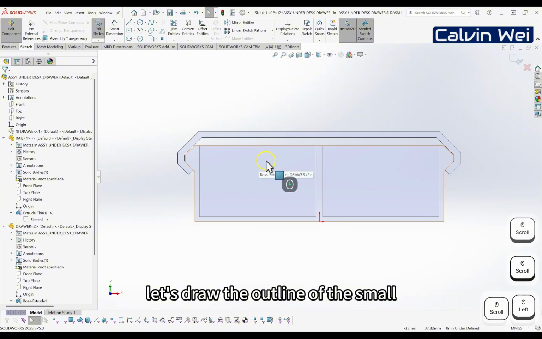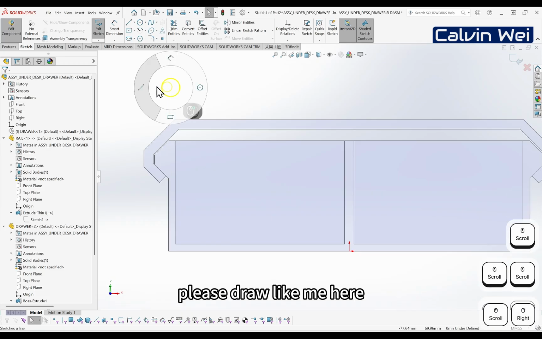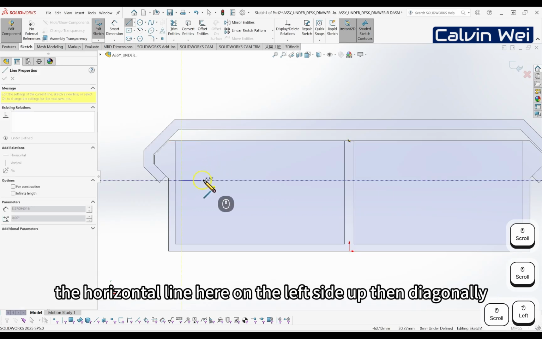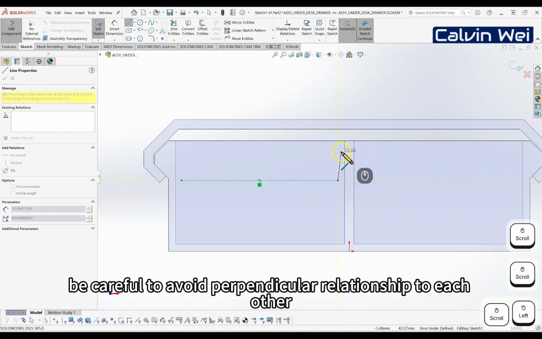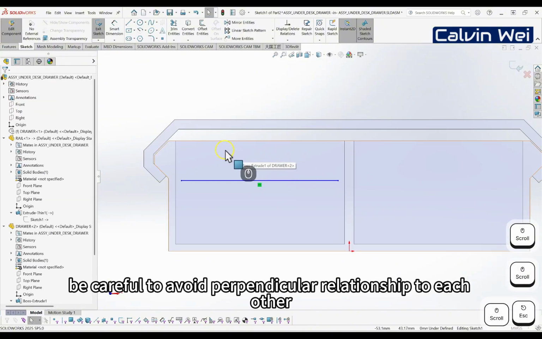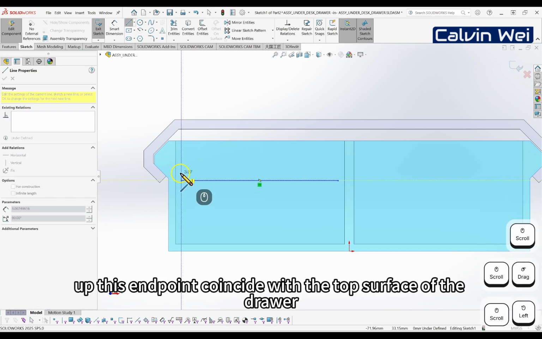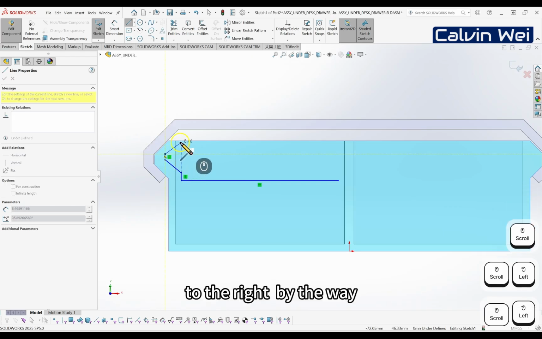Let's draw the outline of the small drawer. Activate the straight line. Please draw like me here. Draw a horizontal line here on the left side, up, then diagonally to the upper left up a short section, and to the right. Be careful to avoid a perpendicular relationship to each other, and then up, with this endpoint coincident with the top surface of the drawer,